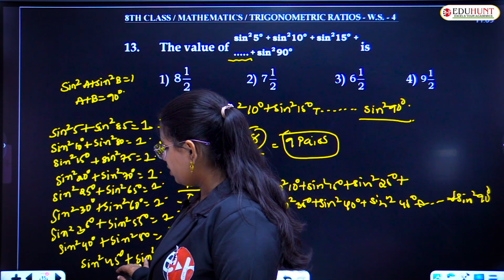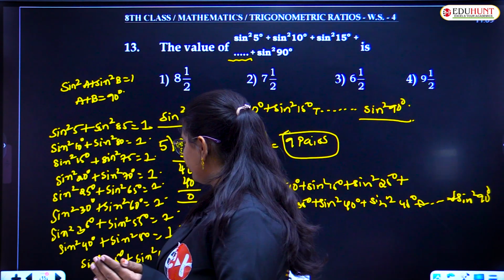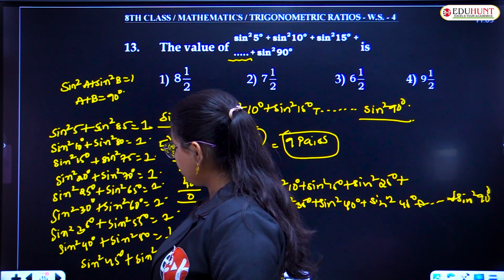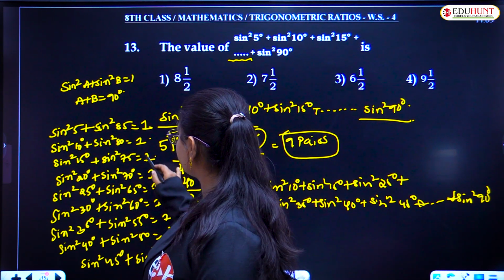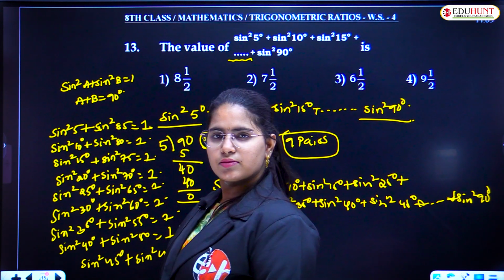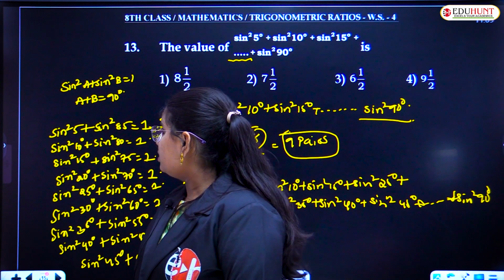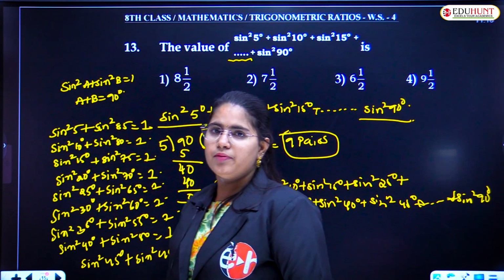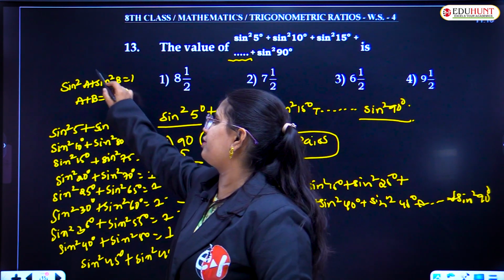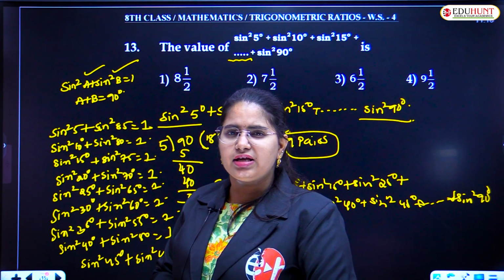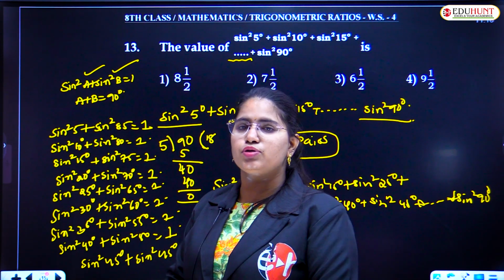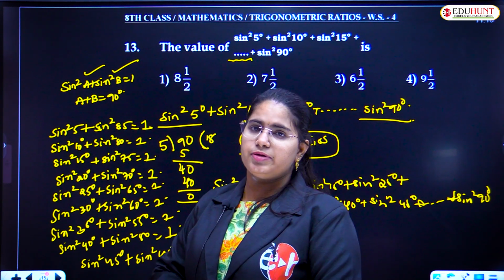Next one, again you will be getting sine square 50 plus sine square 40, right? This will become 50, this will become 40. That was already there, 50 plus 40. Already we have written. And children, just remember, whenever you are taking two complementary angles, A and B angles must be different here. You are not taking the same angle. Instead of 45, you should take like 30 and 60. Different, you are taking at different positions. A and B must not be the same.